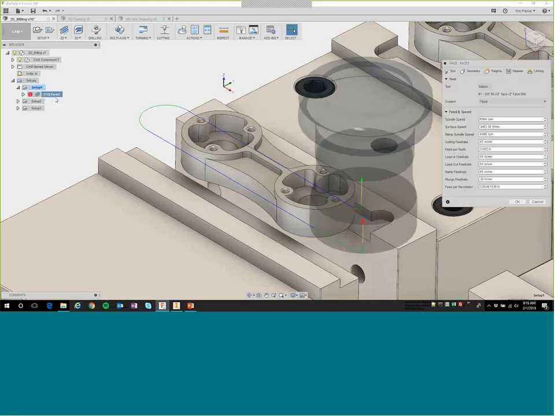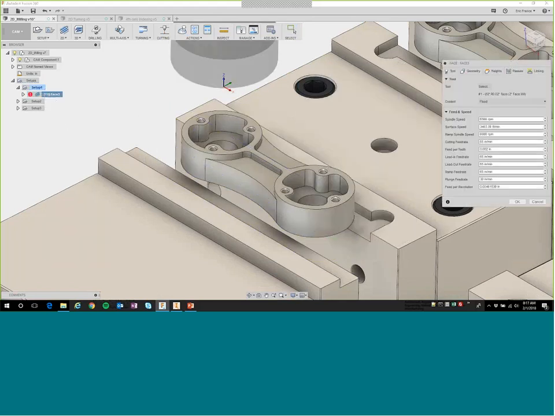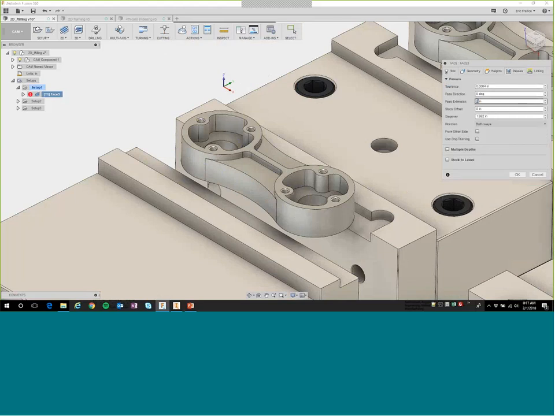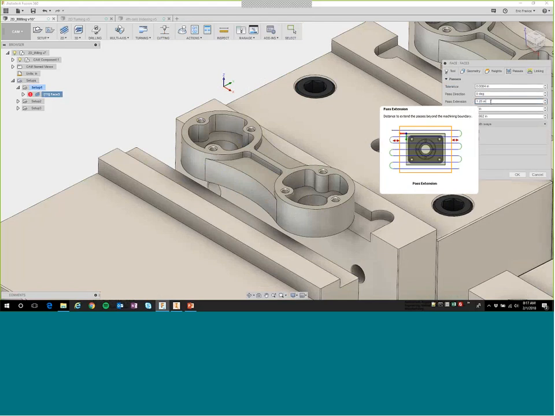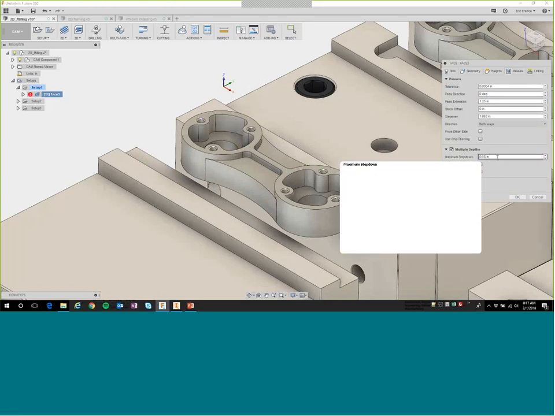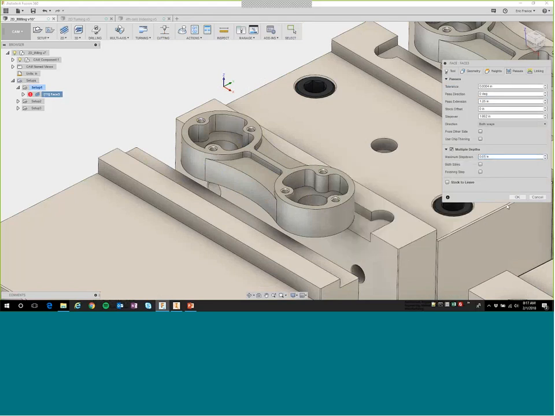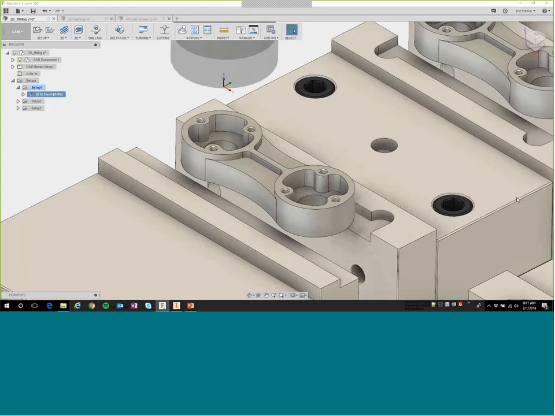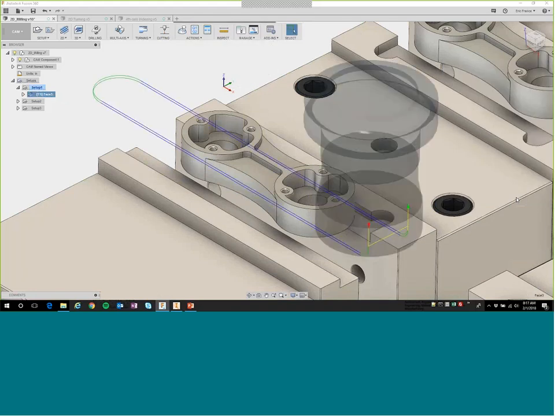So let's go ahead and edit our facing operation. So we're going to go over here to passes, and we'll identify the offset distance that we want to have. It'll move it far enough to come off the part. And then we're going to do multiple depths, and we'll do this in about 2 steps. So, 50 thousandths each to take off the 10 thousandths on the top. Sounds good to me. And I go through and do that, and you can see that it's automatically updated the